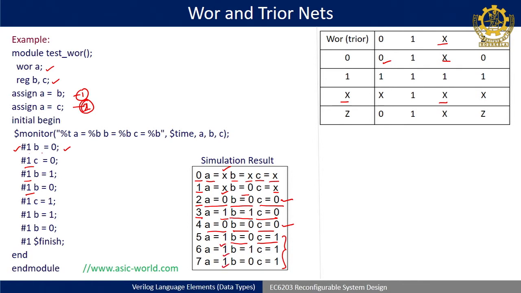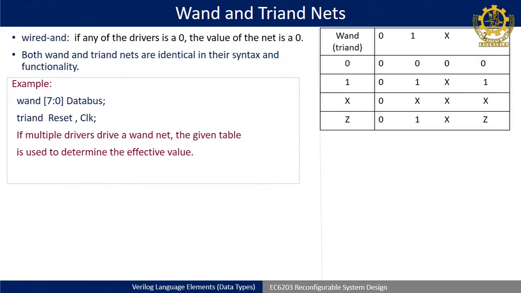Okay. So, in this particular example we have not taken Z and all, you can simulate that with certain other examples, but it is to show that if multiple inputs are assigned to a corresponding output, multiple values, with wor, that output will be driven by different inputs. So, at the same time how the result will be treated or evaluated. We will proceed to the next one. As the name indicates, it is wire and, triand.